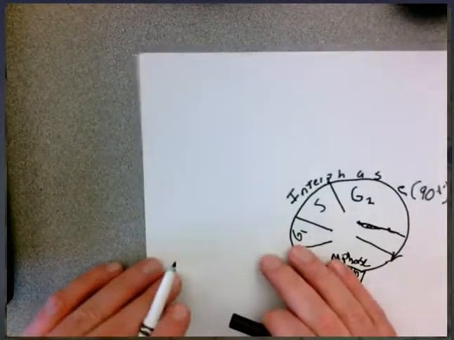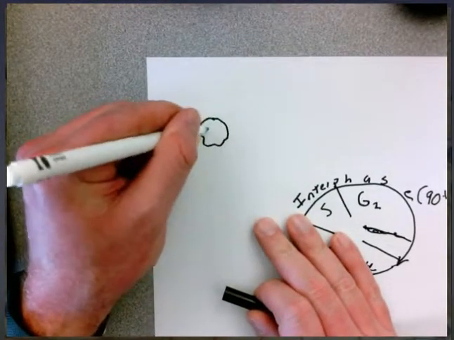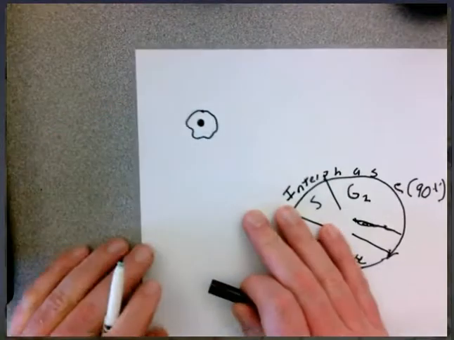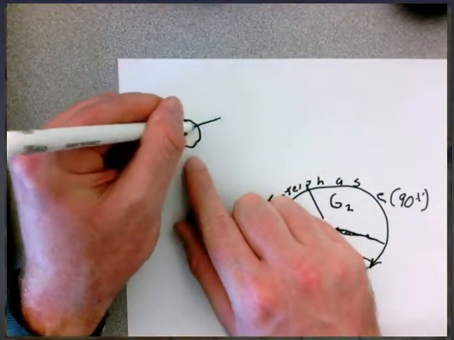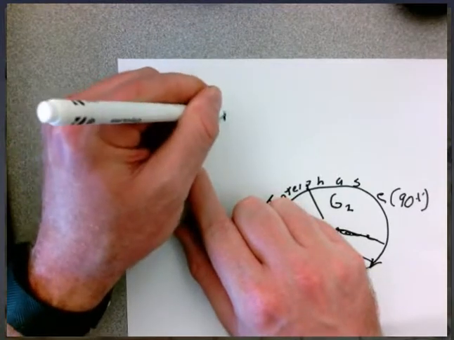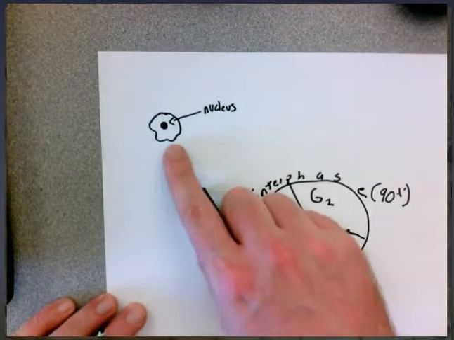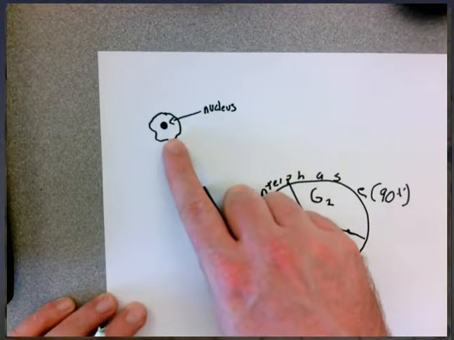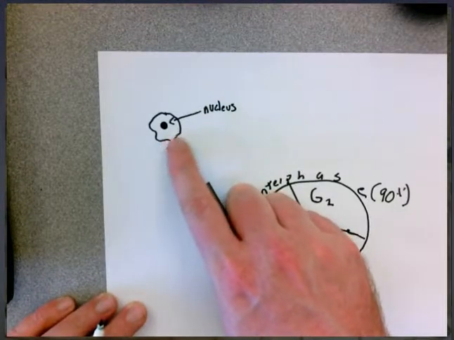So we have a brand new cell that's just been born. And anytime that we're in interphase, we can see the nucleus. So I know that I'm in interphase as far as the cell is concerned when I can see the nucleus. And I'm not able to see chromosomes present in that particular cell yet. But there are some things that are happening inside this nucleus as this cell is going through the